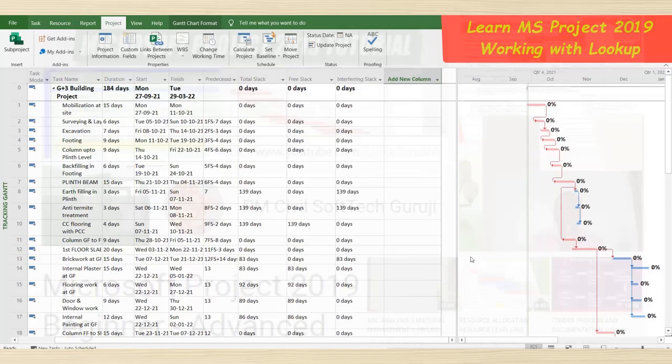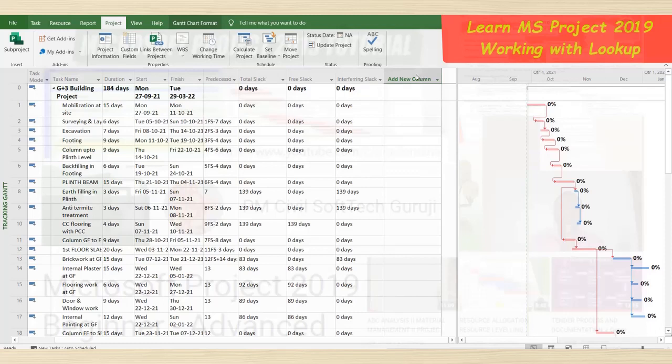Suppose we have different activities and different persons responsible for them. It is not necessary to type the name of the person in front of each activity every time. So we'll add a column, create a drop-down menu, and select the name of the person for each activity from it. So our work will be easier.